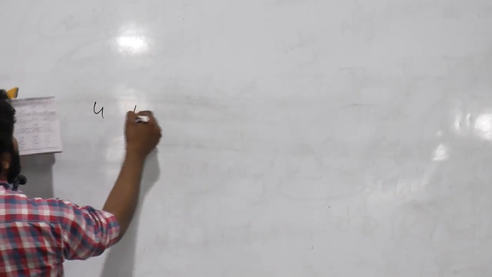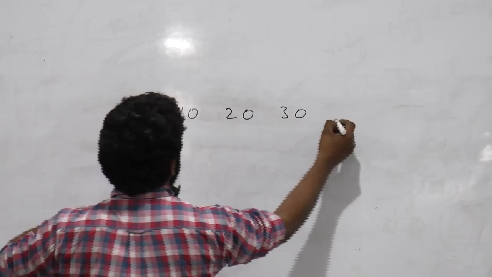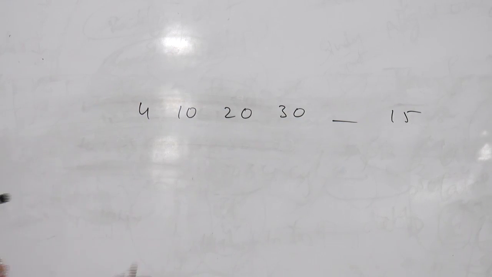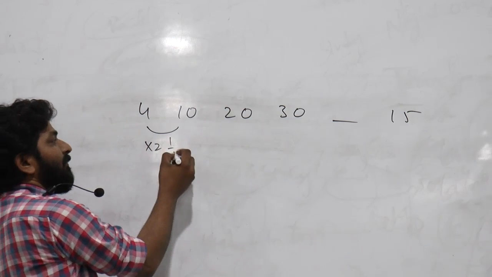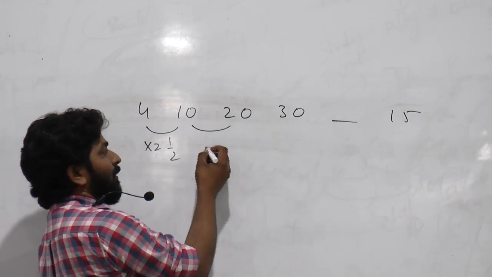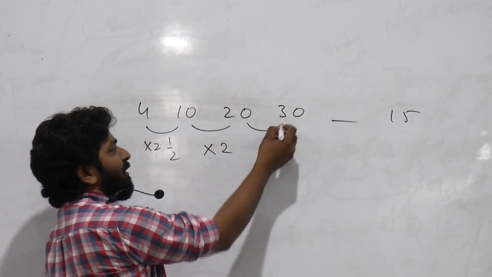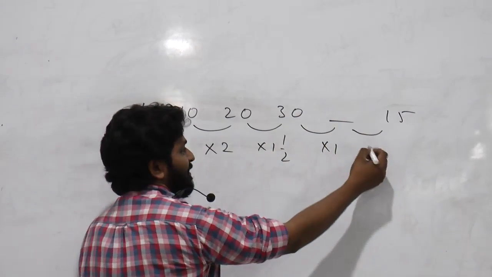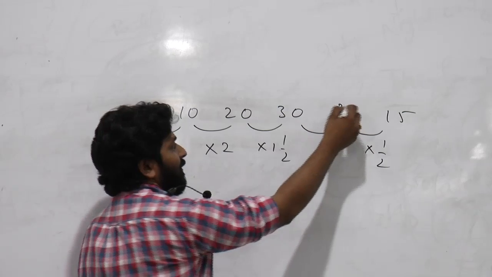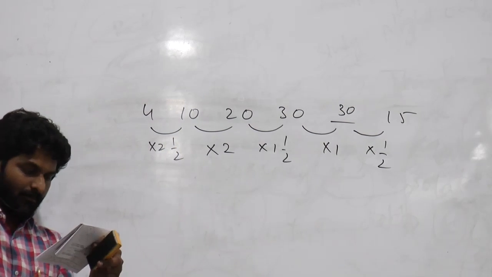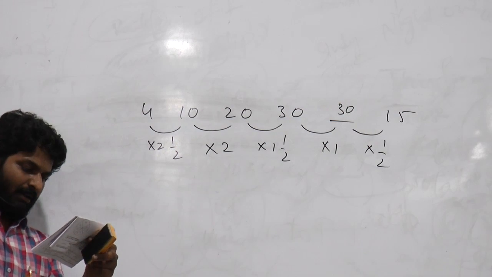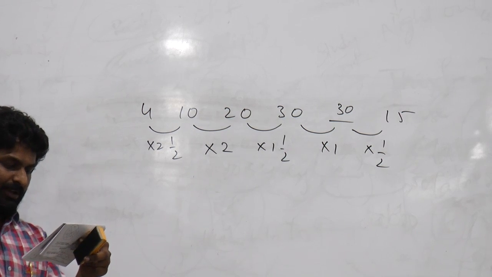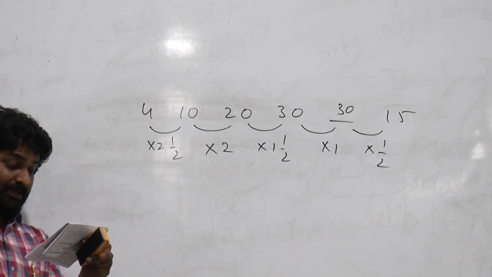Next: 4, 10, 20, 30, 15. Into 2.5, into 2 times, into 1.5, technically it should be into 1, and it is into half, 30. I think next is into 3, into 3, into 3? No. Into 3, into